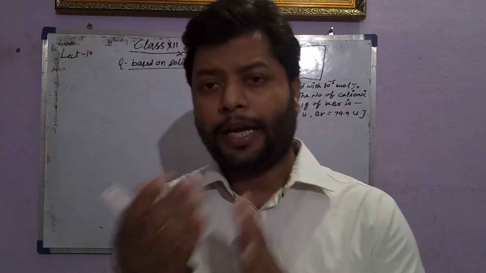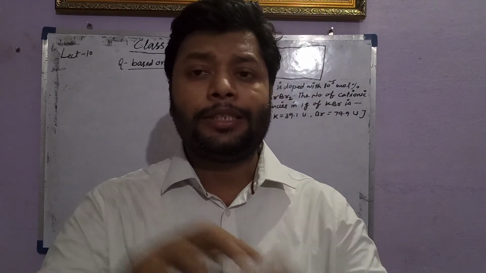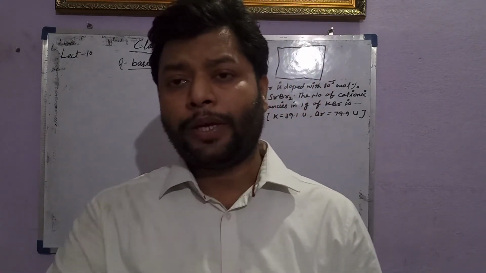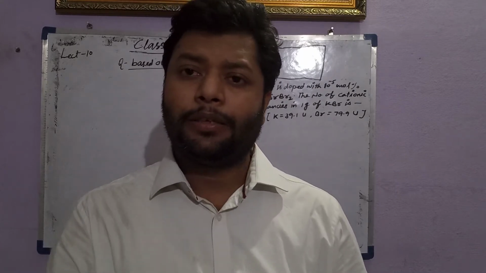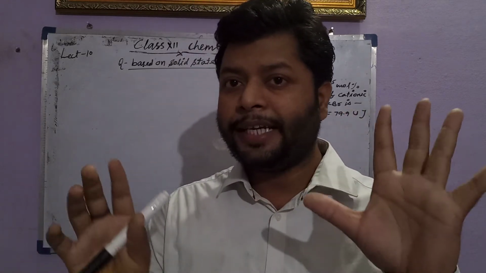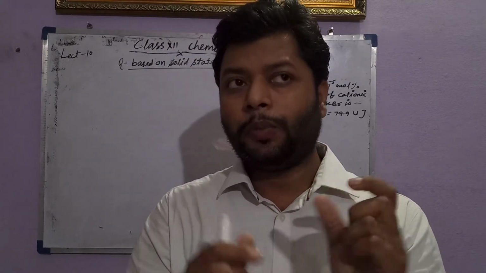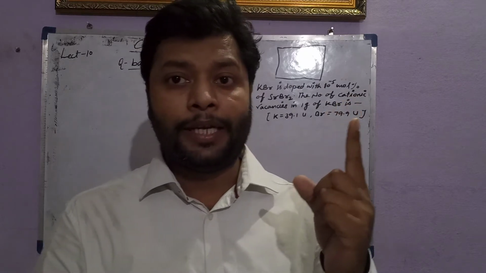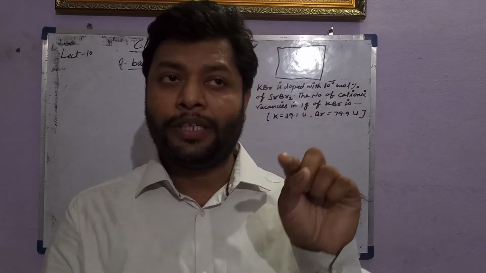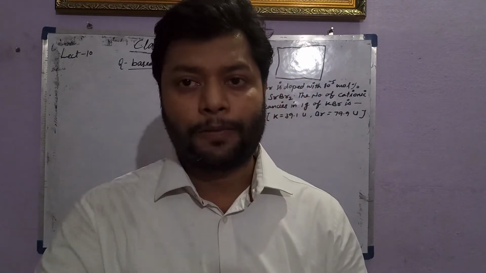Whenever this topic arises in front of you, you have to be ready with this information. If someone asks you the number of lattice points, or lattice sites, in FCC, you have the particles from the 8 corners and 6 faces, 8 plus 6, 14. What is the number of particles per unit cell? That is called Z. The corner participation value is 1 by 8 into 8, that is 1, then 1 by 2 in a face center into 6 equals 3. So the number of particles per unit cell is 4.